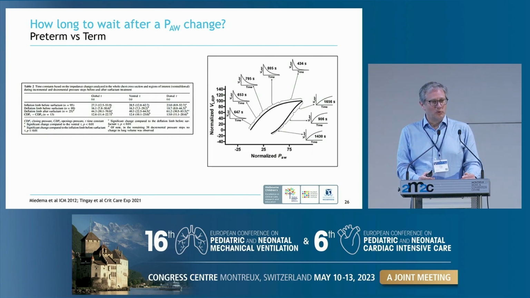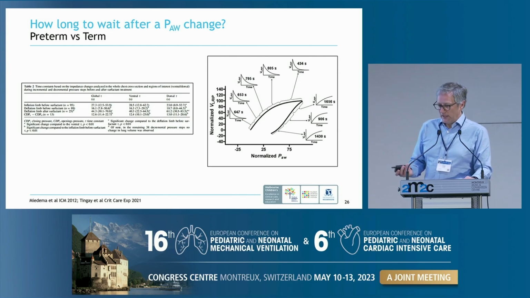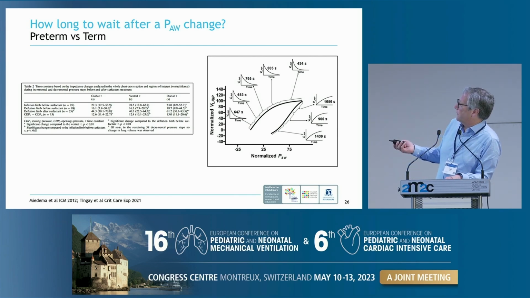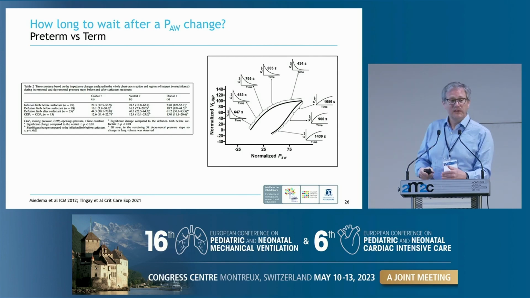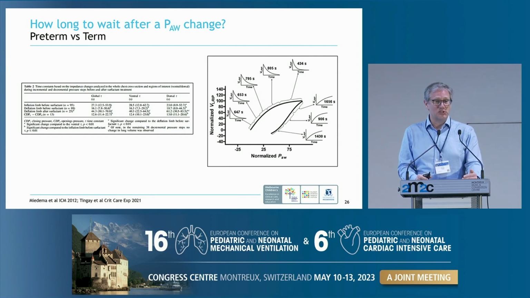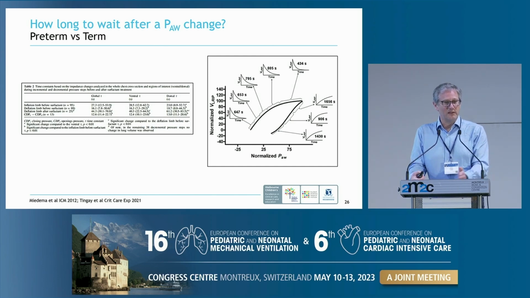One of the practical questions for paediatric intensivists is how long do we wait in a baby when we make a change in something on the oscillator compared to a child? Martijn's group, Anton's group in the Netherlands, showed that in preterm babies with active HMD, you only need to wait 1 to 2 minutes after changing mean airway pressure before you see a new stabilised lung volume. So it's a very quick process, which makes sense. These babies have poorly compliant atelectatic lungs. Things move quickly if you provide enough pressure to move them.